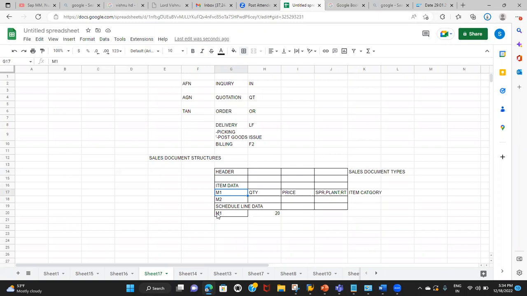So we'll be delivering a few quantity today and the remaining after 2 days, right? That is the reason the schedule line data talks more about delivery dates, delivery quantity and confirmed quantity. That will be controlled by schedule line data. The data which is specific to delivery dates and delivery quantity or confirmed quantity is called schedule line data, and schedule line data will be controlled by